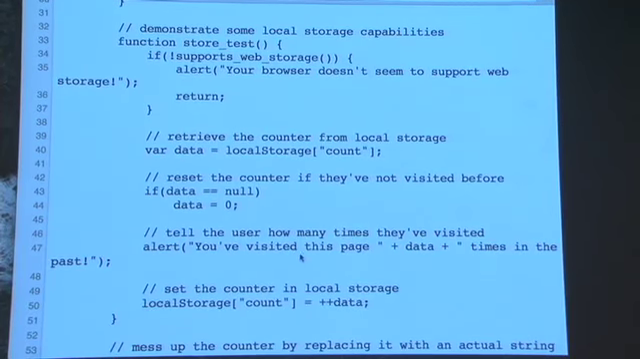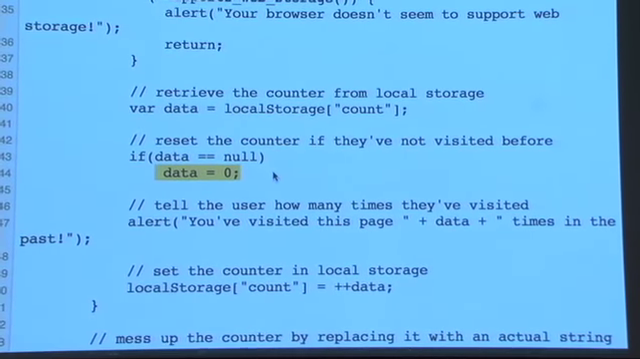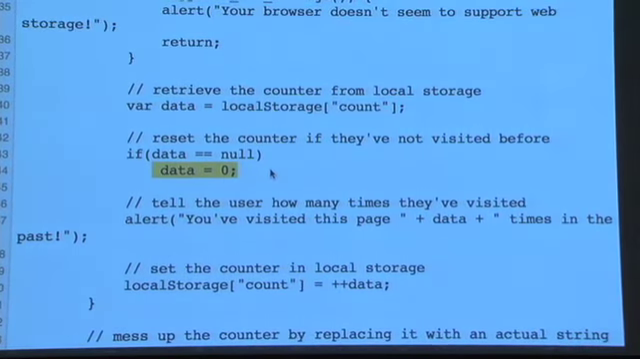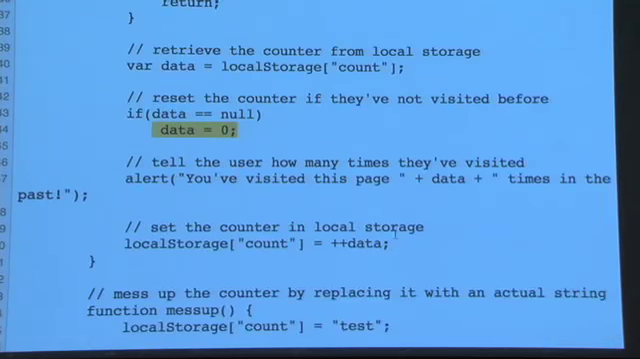If it's null, that means we have not visited that site in the past, and so the data, in this case, we are going to override from null to 0. Then we can show this alert box that says you visited this page n times in the past, or rather data times in the past, which represents how many times we have actually done this. After that, we can update the local storage by incrementing the data variable and storing that data in